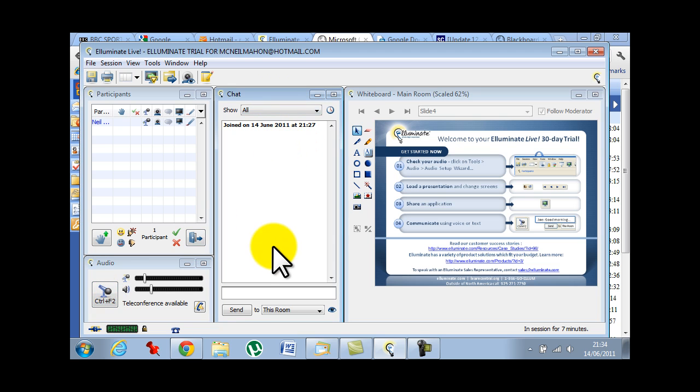Here's the chat. You'll see there isn't any chat at the moment. If you want, you need to keep an eye on the chat during the session so that you can read what people are writing. The moderator will take some notes just in case you miss something. And then if you want to write to people,